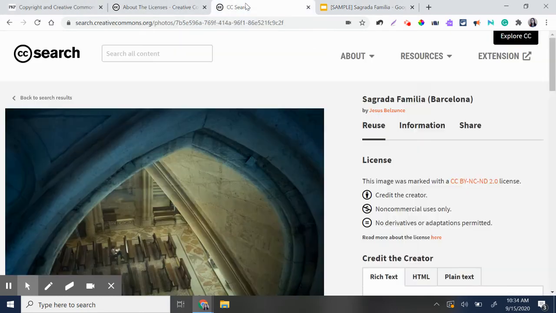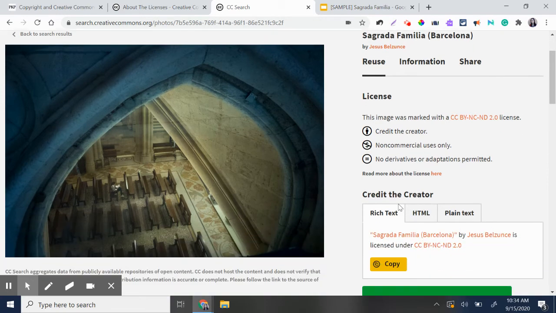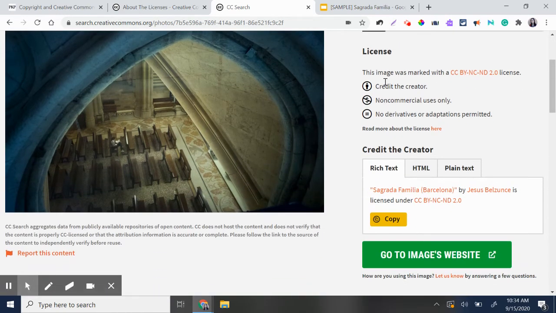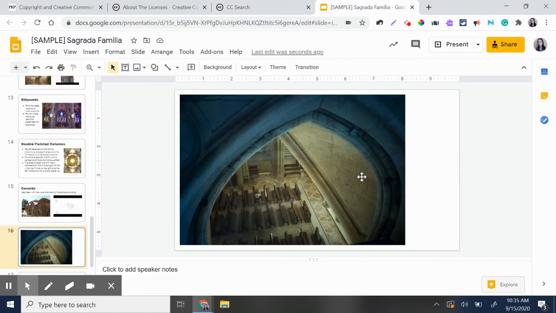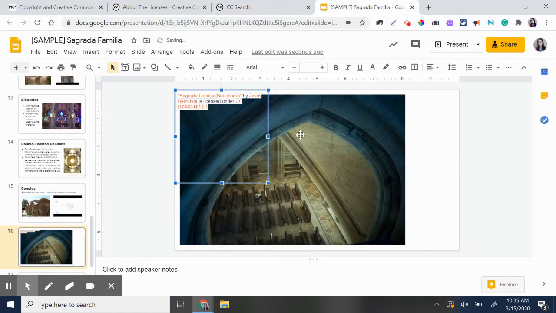and then if I go back, you can see all of the specific license information, which does include that you need to credit the creator. As a school, you are doing non-commercial use. You can go ahead under this credit the creator section, copy the citation, and then paste the citation by your